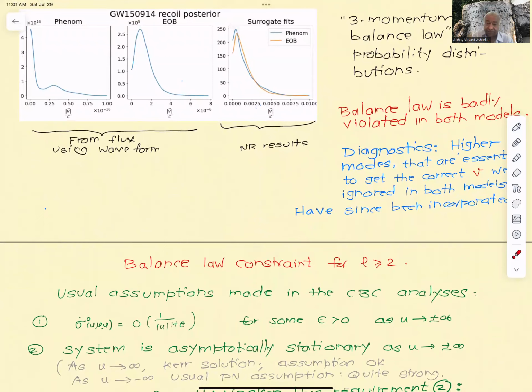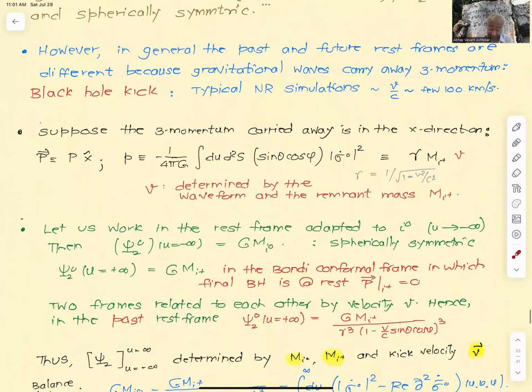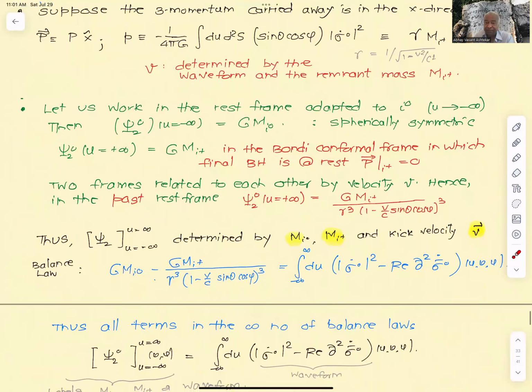You do give them hints, but it's not surgical. It's not saying that you go and do this. You have to look at it case by case, and then case by case you can tell, like here, that in fact something is wrong with the higher modes, something is wrong there. For the SXS, now this is numerical relativity, not a model, but we could pinpoint that in fact